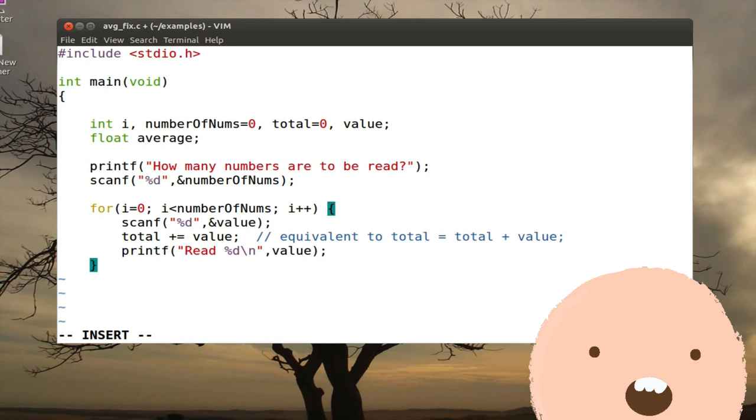So this will basically read number of nums integers in and total them. So when we get out of here, we can now compute the average. So our average is going to be equal to the total divided by the number of nums. Now, those are both integers, and we're really interested in a floating point number here, so I'm going to go ahead and typecast. Technically, I only need to typecast one of these values, and the result of the expression will automatically get promoted to being a floating point number. But just for readability here, I'm going to typecast both of them, and the final statement here is to print